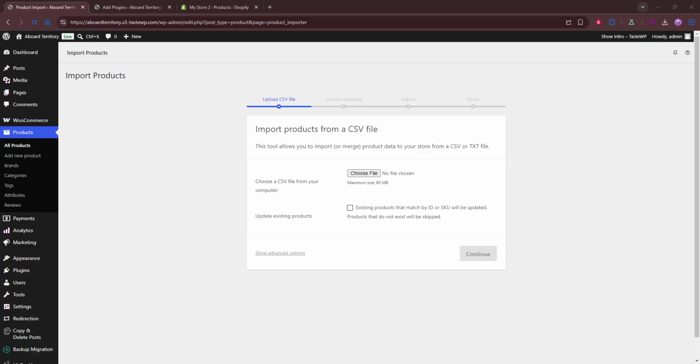Depending on how many products you have, this may take a little time, so let the process finish completely before moving on. When the import is done, carefully review the products inside WooCommerce. Check product names, prices, descriptions, images, and inventory levels to make sure everything came over correctly. It's a good idea to open several products individually, not just glance at the product list, so you can confirm